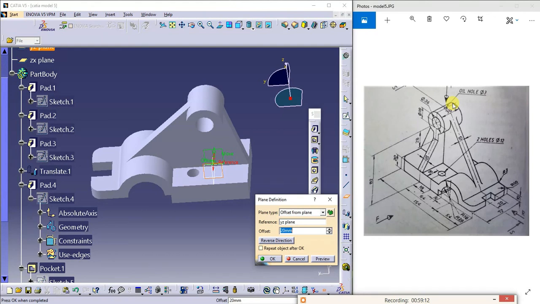So what I do, I'll try to increase a little bit above this. See here, why I am doing this: the plane will come and fit exactly on this surface. So I want a little bit above this, so that I am able to create the hole of required dimension. So I'll shift the plane 72 plus 18.